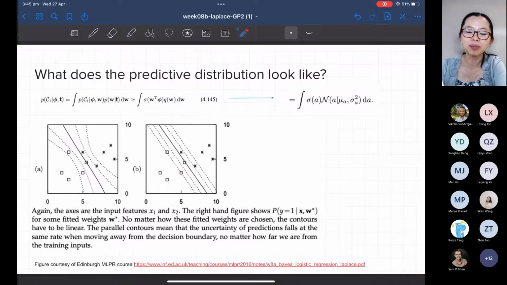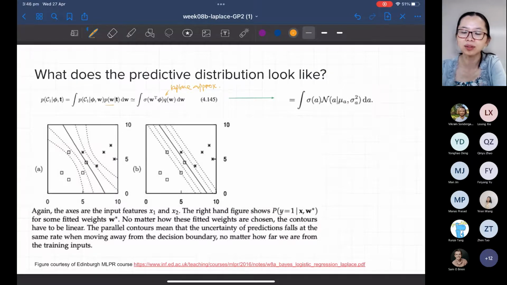Right, and if we use the Laplace approximation, we can have some Q other than P. The second term is the posterior, so let's say we can approximate that. Moreover, this could be viewed as a convolution of the sigma term, which is the nature of the logistic regression, and this Gaussian term, which is by nature of the Laplace approximation. So the picture on the right